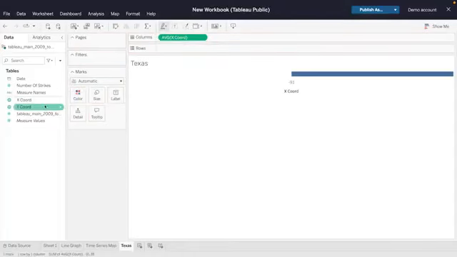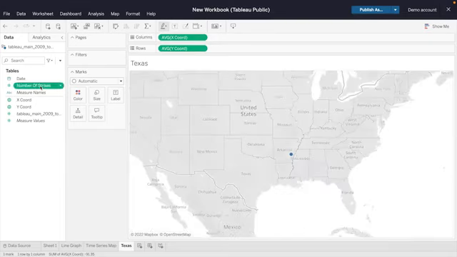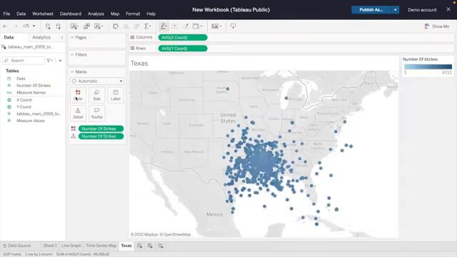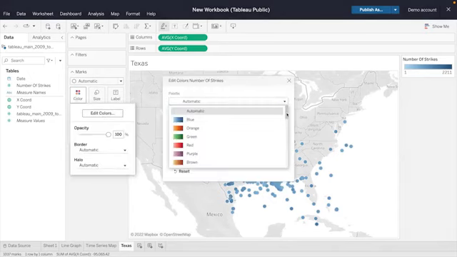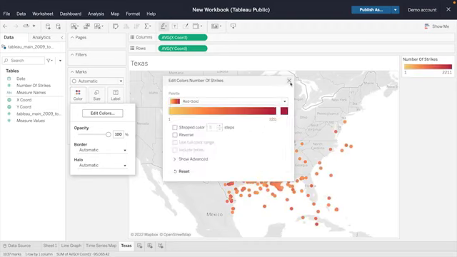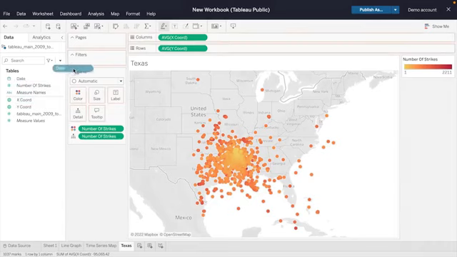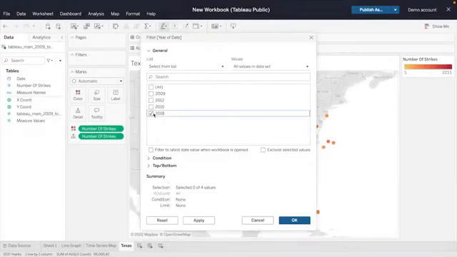Our map of lightning strikes in the state of Texas starts in almost the same way as the geographic chart we just made. We put the x-coordinate in the column field and the y-coordinate in the row field. We put the number of strikes measure in the detail field. This time, we add number of strikes to the color field and make the color coincide with the number of strikes. Use red for most strikes and yellows for fewest. Because we will limit these state snapshots to just 2018, we drop the date into the filters field, select year, then uncheck all the years except 2018.